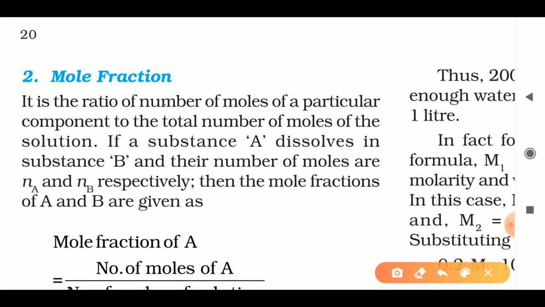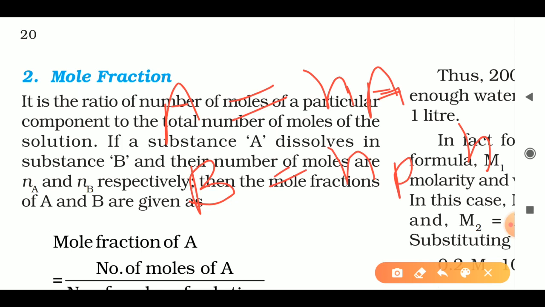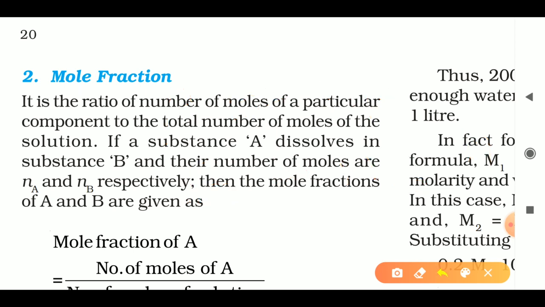That means substance A, substance B, maybe solute or solvent. The mole of A equal to Na, we can denote the mole N. So the mole of A equal to Na, mole of B equal to Nb. These are the moles of A and B. So first of all, you find out the moles Na and Nb. Then we can use these moles in the following formula.